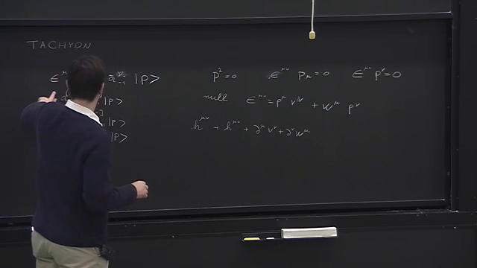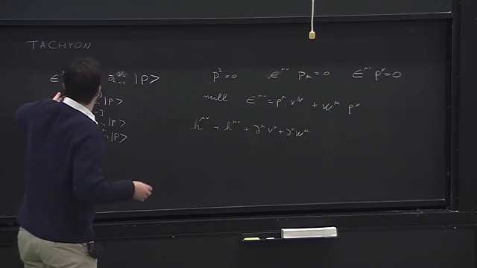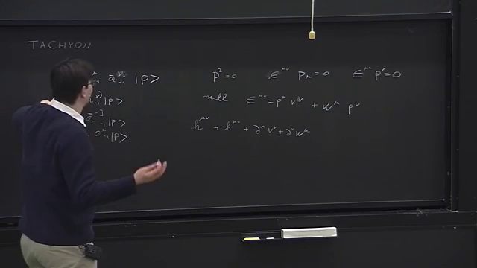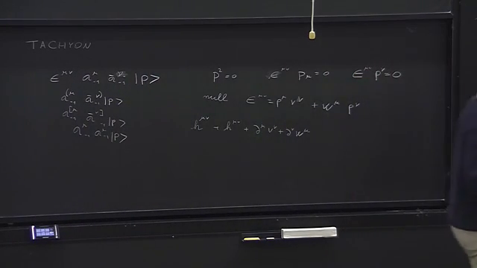And if you look at the gauge transformations of this, essentially this is a spin two particle, massless, with a gauge symmetry. This is the graviton. There's actually a theorem in field theory that whenever you have a massless spin two particle,